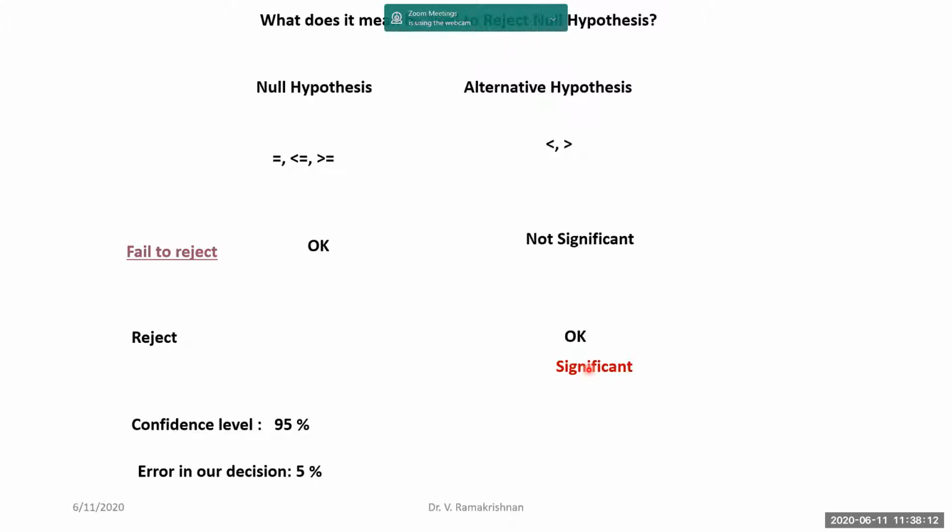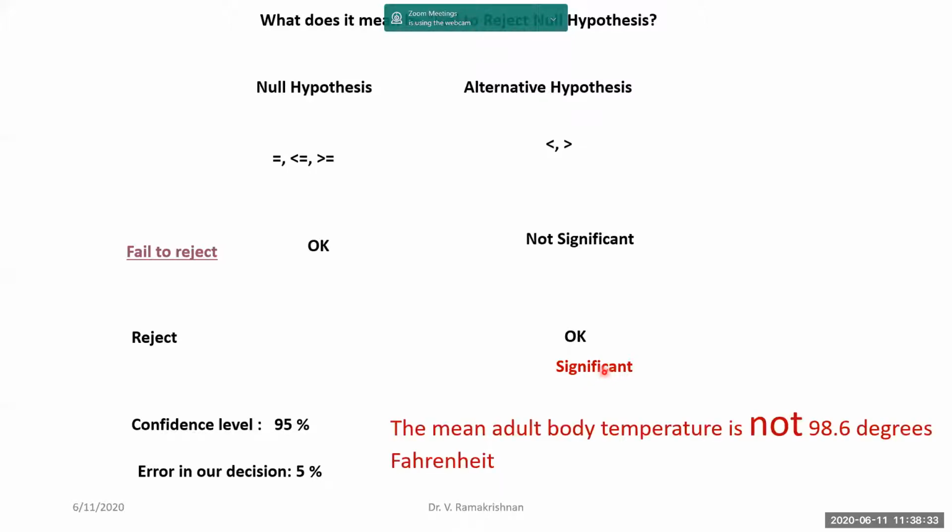All that I'm saying is the decision is made only on the null hypothesis. I'm simply saying that the null hypothesis is rejected. I'm not saying anything else about it, but it is significant. So do a further test. That is what has happened to Maggie. Further test, destroy it. The mean adult body temperature is not 98.6 degrees Fahrenheit, as you said, because when I'm rejecting it,